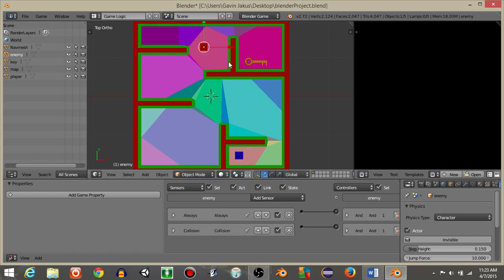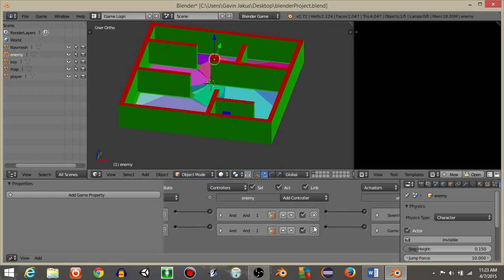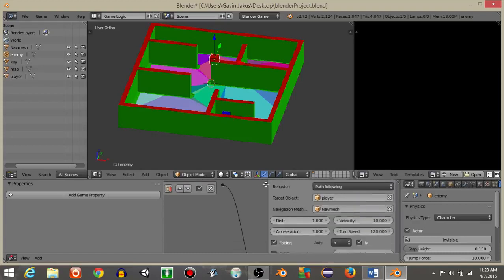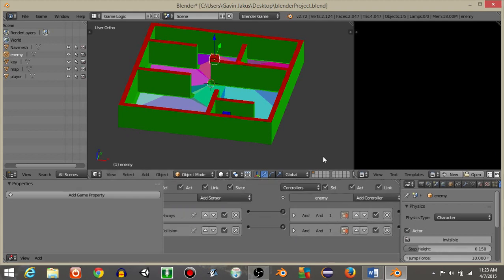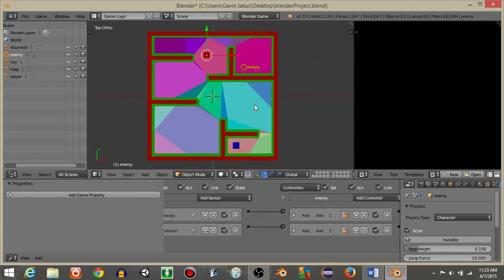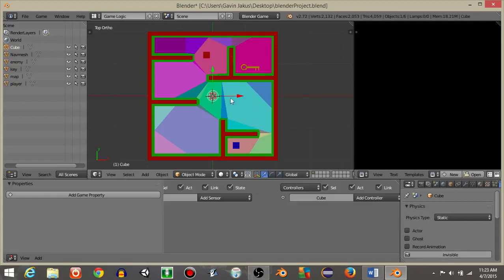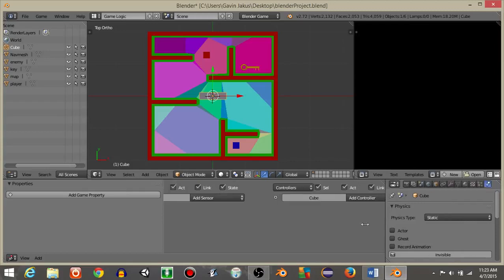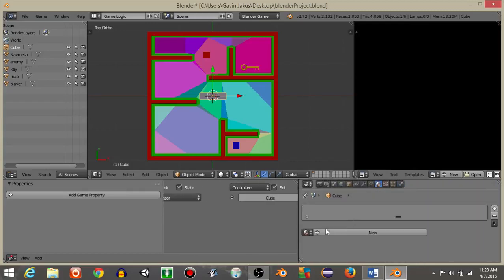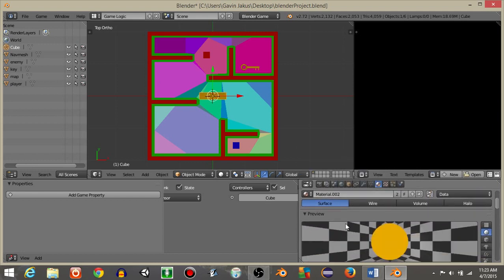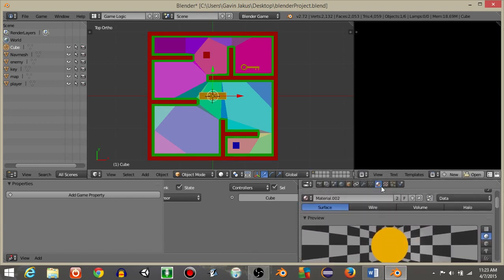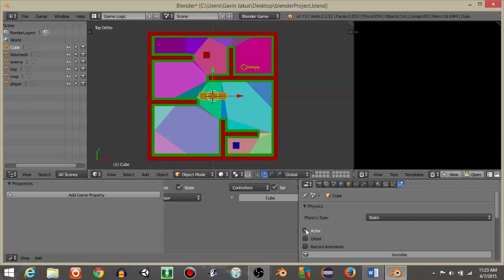I'll actually drag this cube onto our map again. And for this enemy, I'll change the speed up to, let's say, 6. Make it a little bit slower. Alright, let's add a door now by doing spacebar, then add a cube. This cube, I'll make the door, let's say, yellow, just like our key color. Yellow. Alright, and I'll make this door an actor really quick,